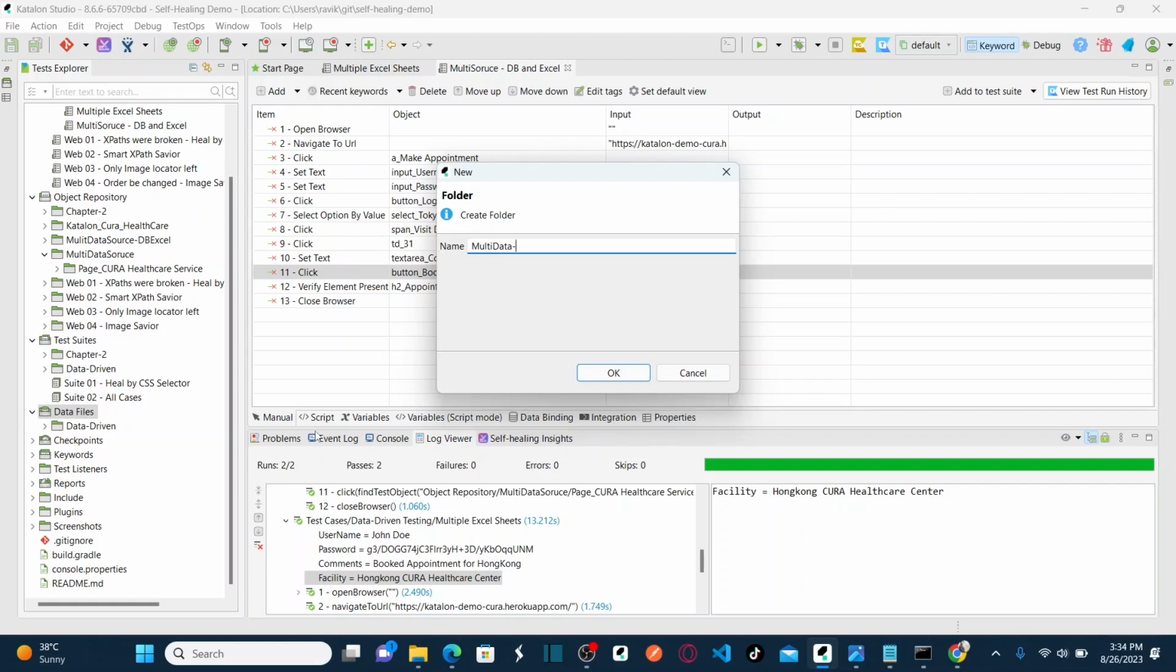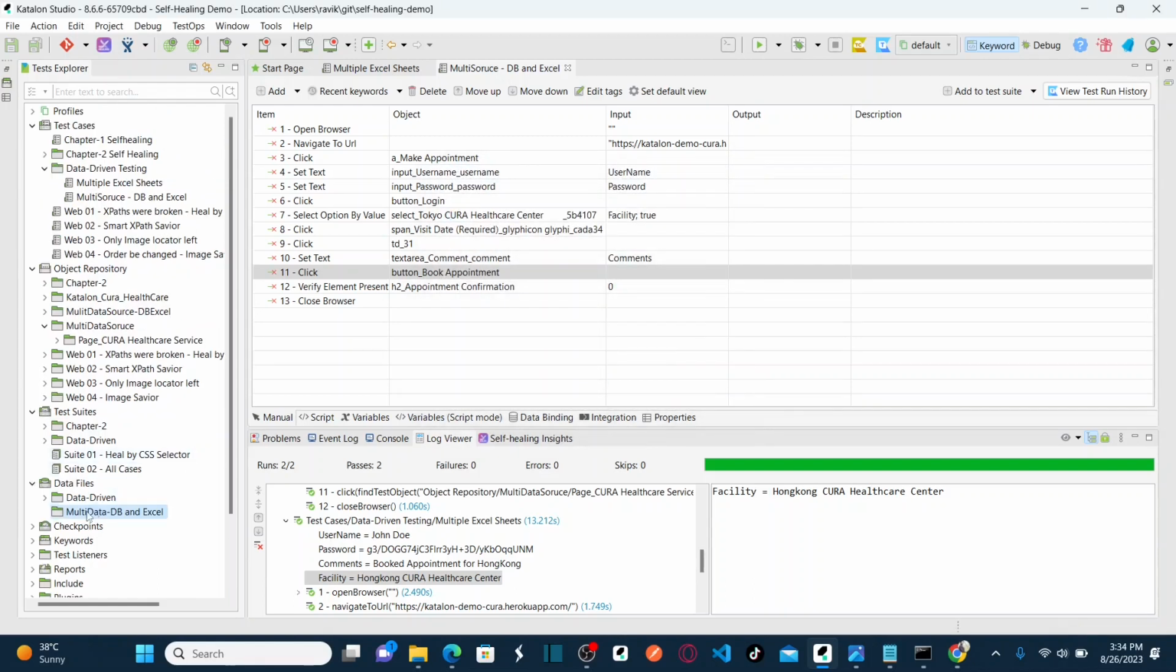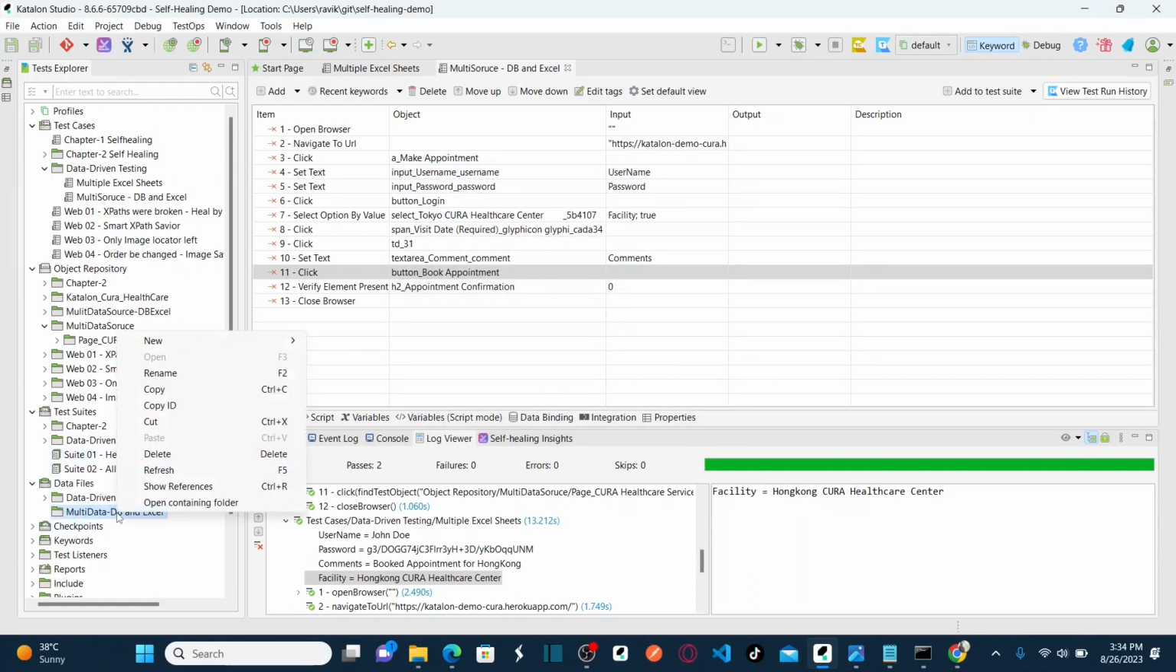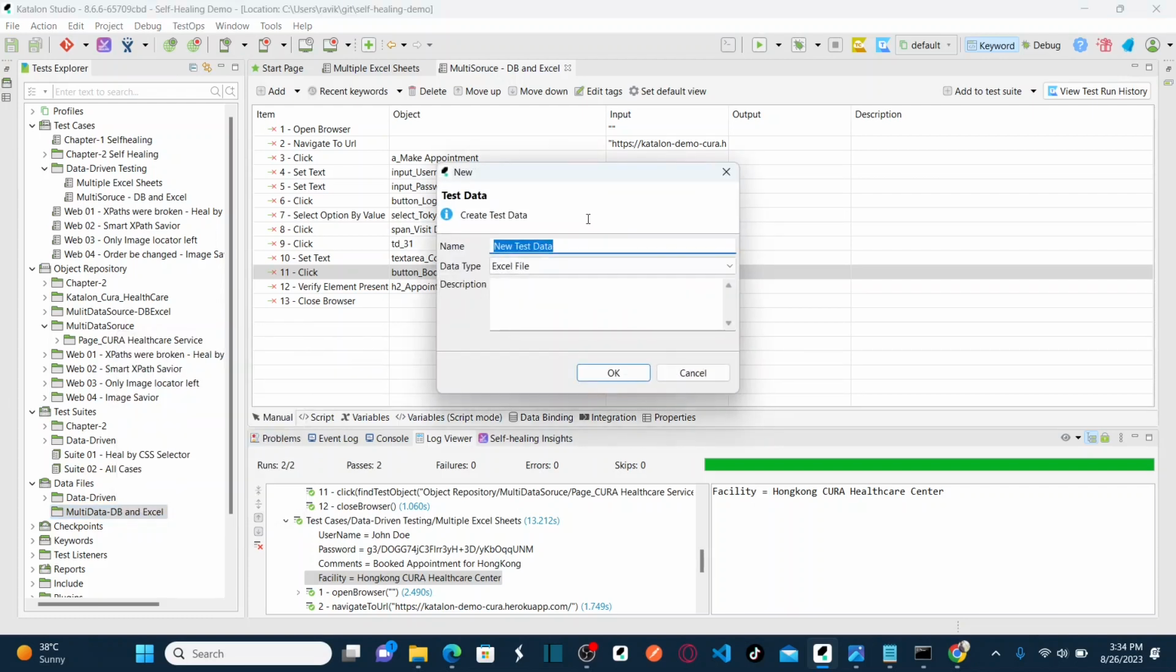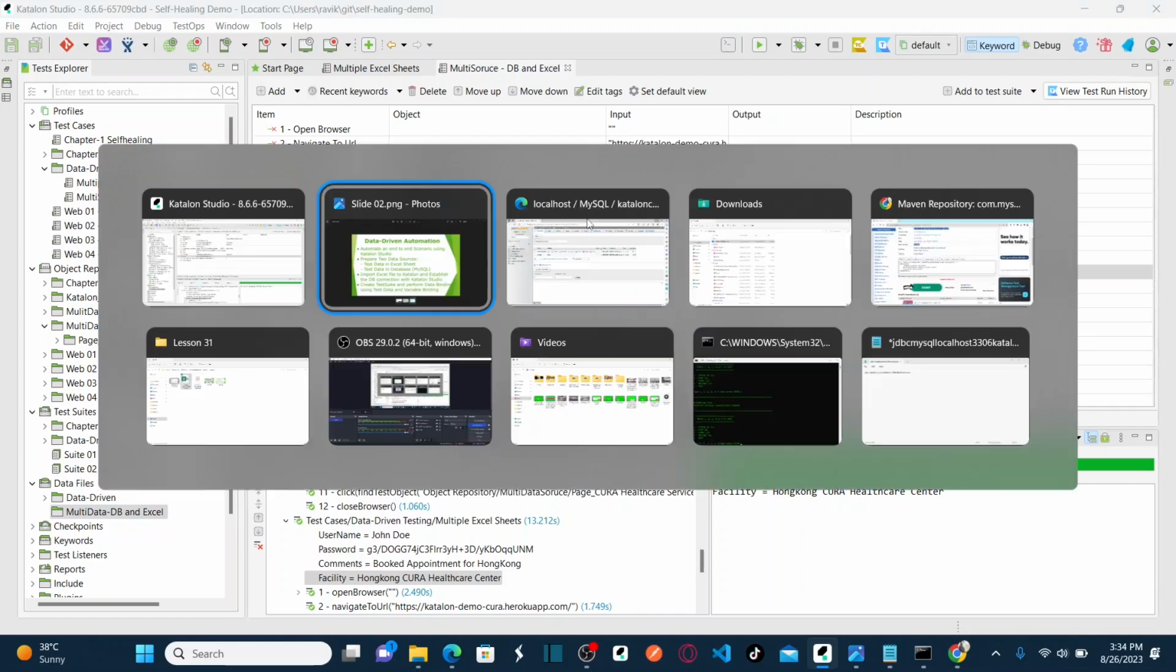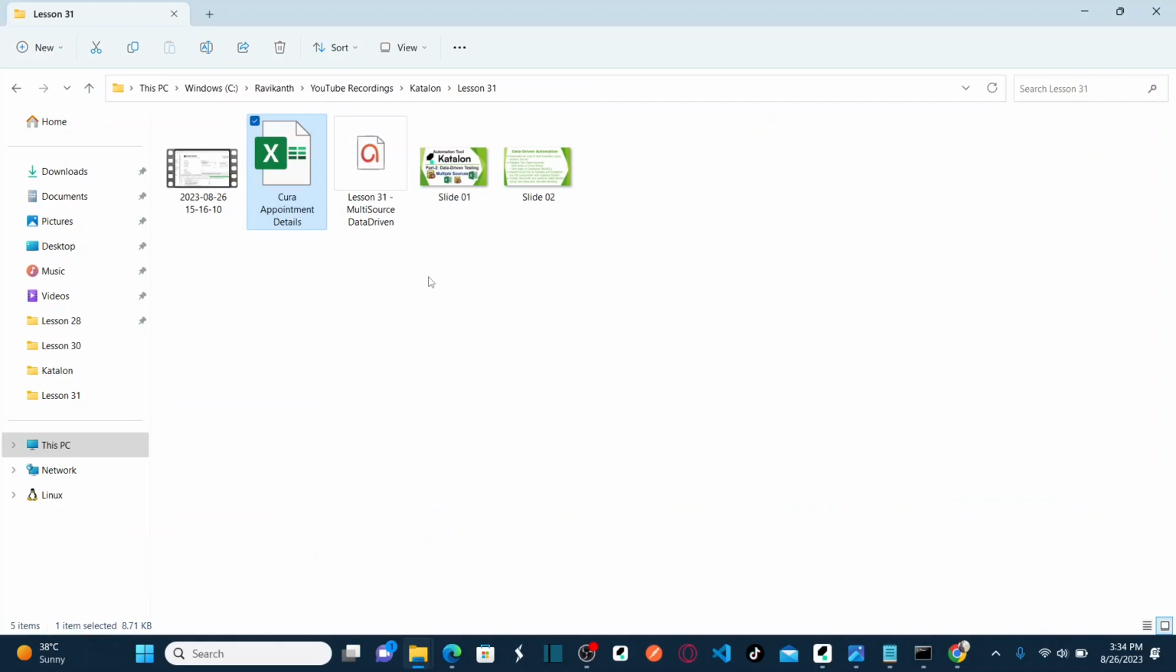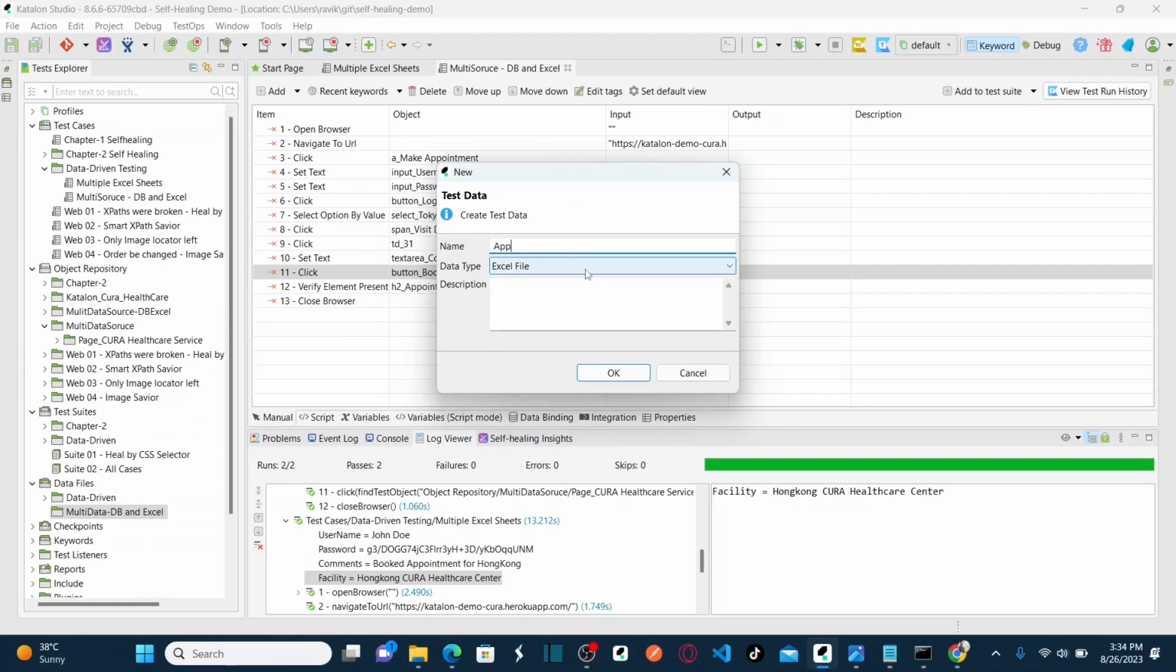Multi-data, DB and Excel. Okay, I'm creating one folder under data files and here create new test data. First, I'm going to create it for an Excel sheet. What is that Excel sheet? In the Excel sheet, we are storing the appointment details, correct? So let's create this as appointment